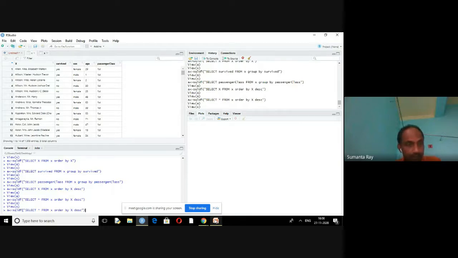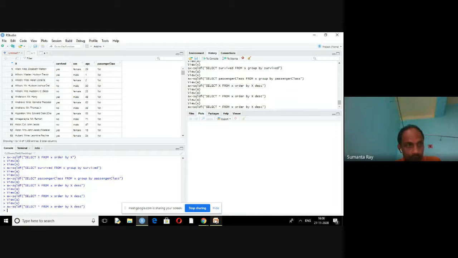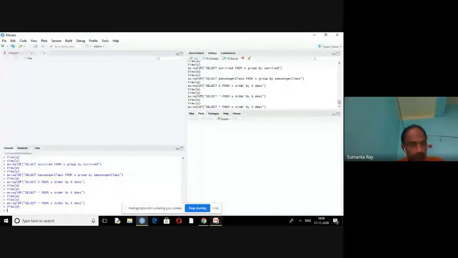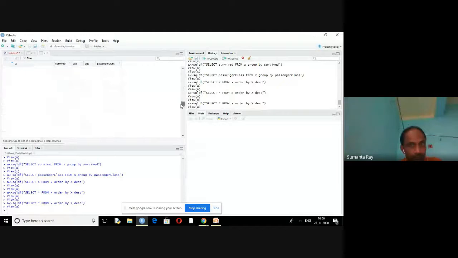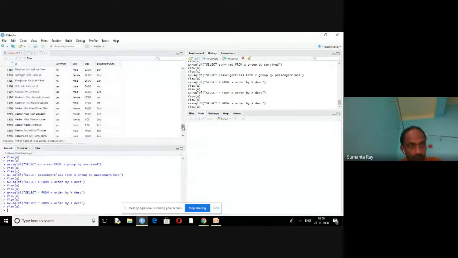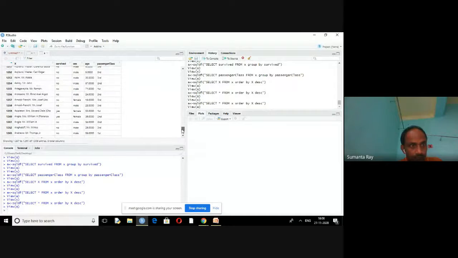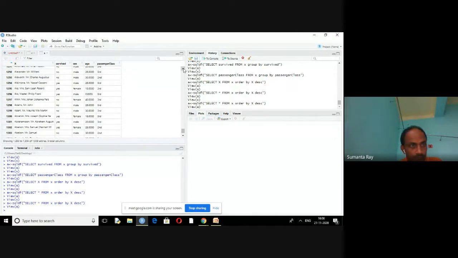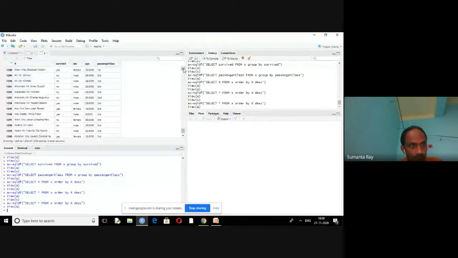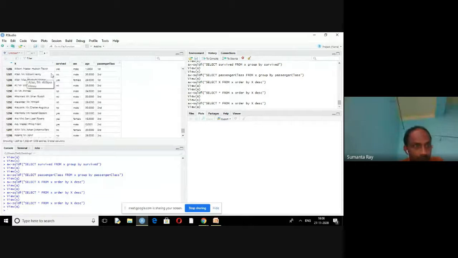Here, if you write this command, the complete tuple will be sorted.